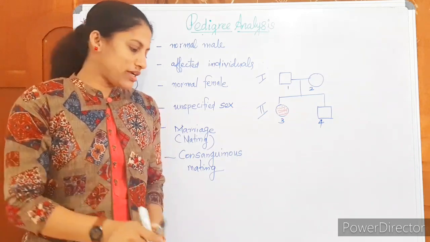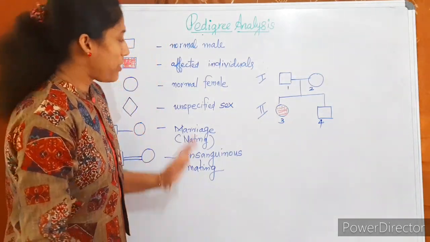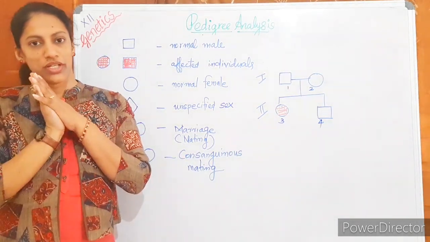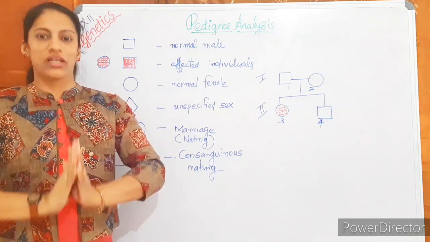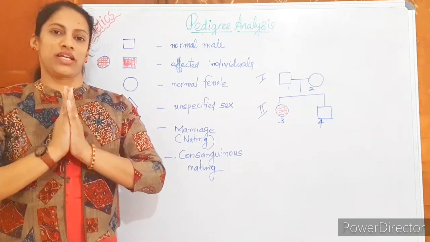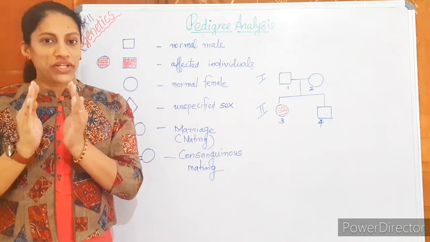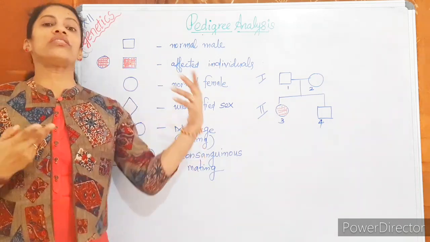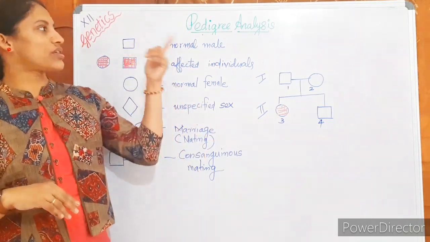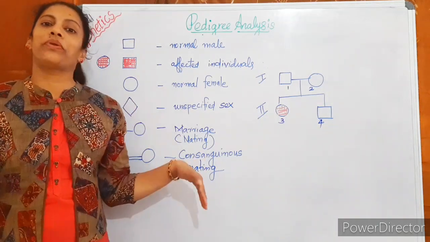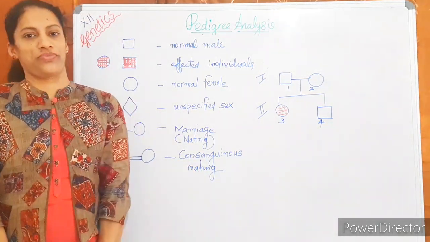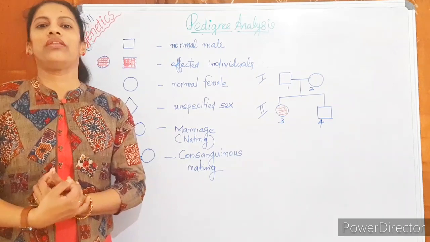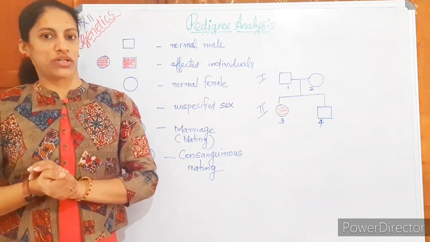Any doubt regarding the representation of members in a pedigree chart? How do we represent members in a pedigree chart? Not using names, not using photos, but using certain symbols. The representation of members of many generations using certain standard symbols in order to study the inheritance of a gene is called pedigree analysis. The chart we prepare is called a pedigree chart. If the symbols are clear, we can have a simple example with the help of a pedigree chart. We can just work out.